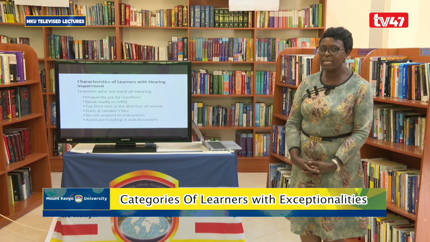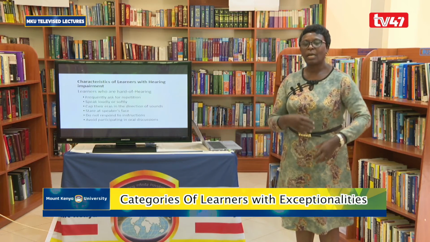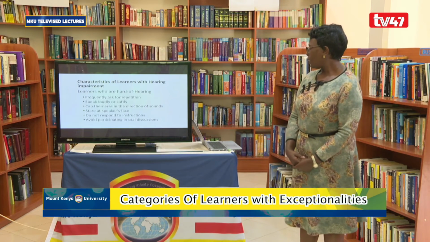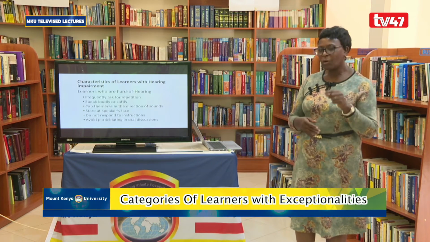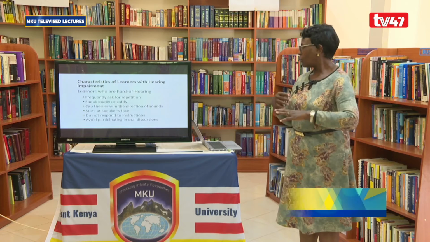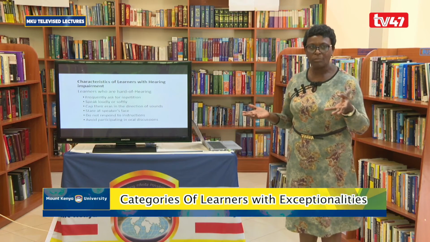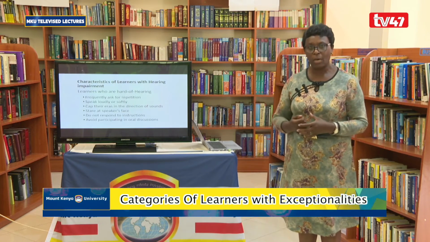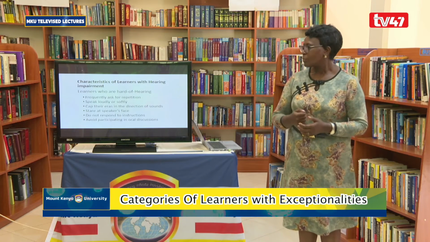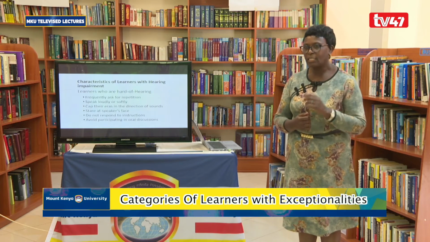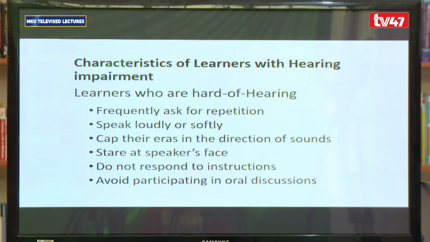We said hard of hearing are learners who can hear a little bit but cannot hear everything. They only have some residual hearing capability. These are learners who frequently ask you to repeat when you speak to them. And this, I would want to say, also applies even to us adults, because sometimes we never get to know that we have a problem of hearing until maybe somebody points it out to us. So here is a learner who, every time you say something, they will ask you to repeat. That is an indication that they could be having a problem, because it happens very frequently.